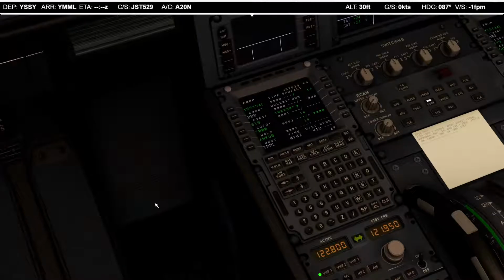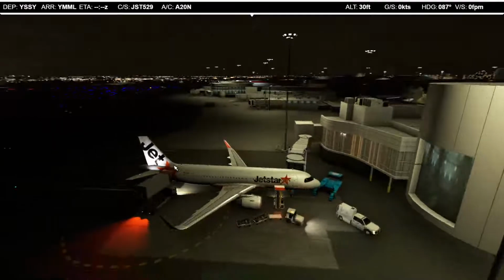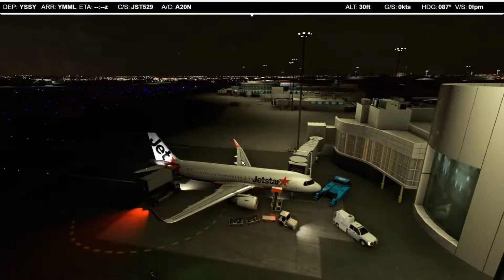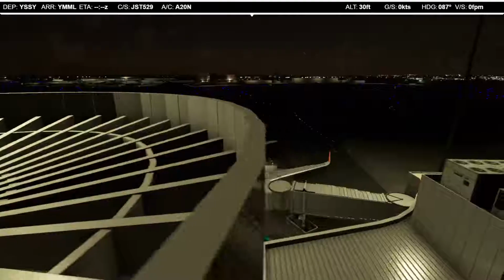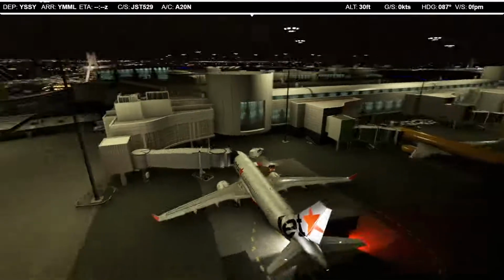Today we are in Australia doing an evening flight from Sydney to Melbourne in the new Jetstar livery. For me, it's a new livery. I had some problems with the streaming software, so in order for me to set everything up and remain on time, I